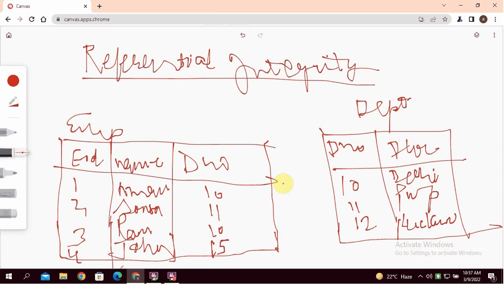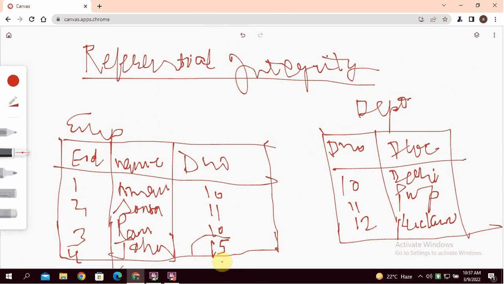Let's take an example here. Here two relations are employee and department. Attributes of employee relation are EID, name and D number, and department has two attributes: department number and department location.